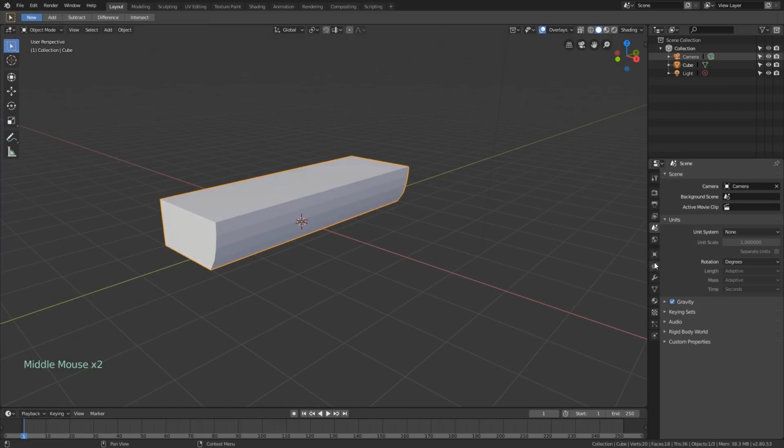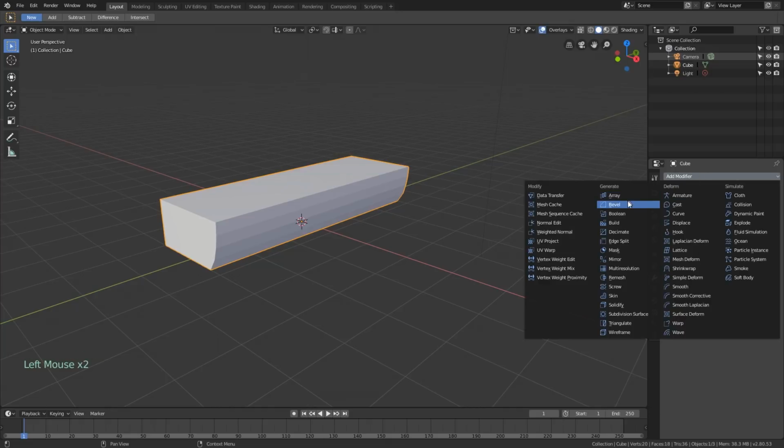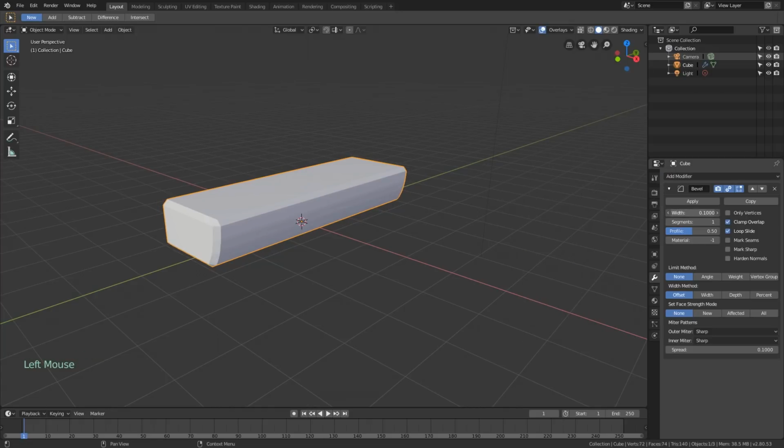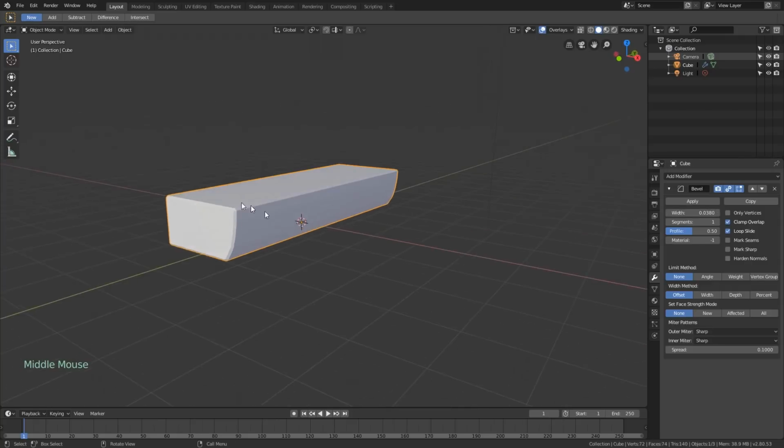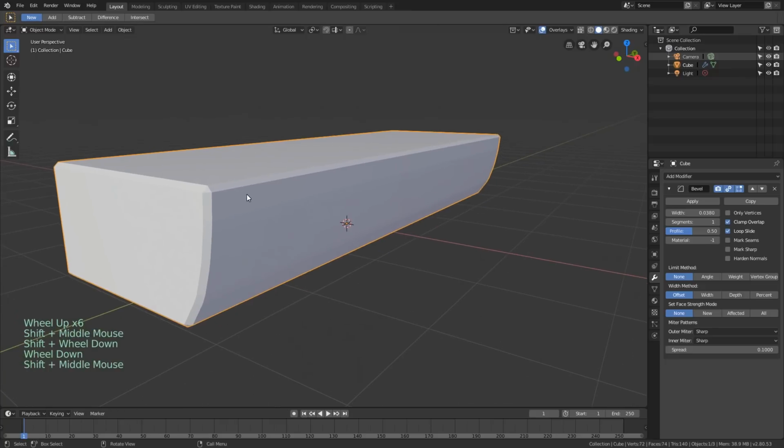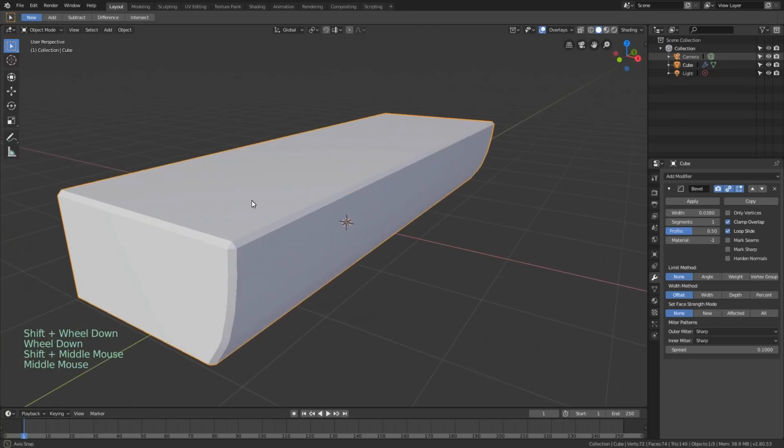Now to give this a little more detail, let's also add a bevel modifier, just to kind of break those edges, make it a little more realistic. This is really going to have a pretty low poly look, but that bevel really helps out a lot, especially where the steps come together. It can kind of help differentiate them.